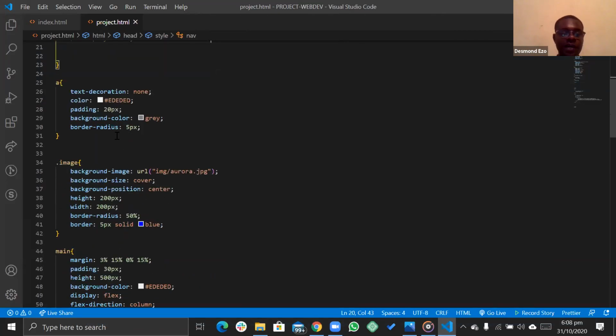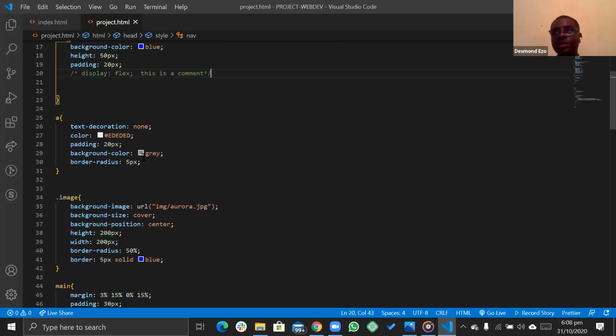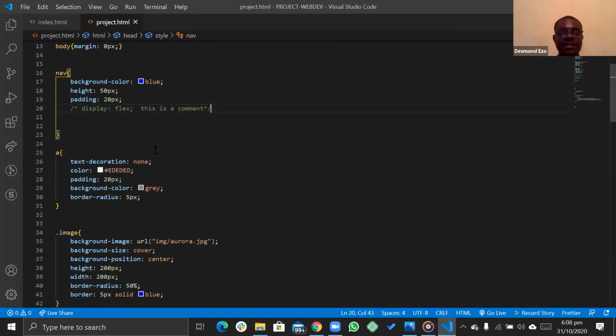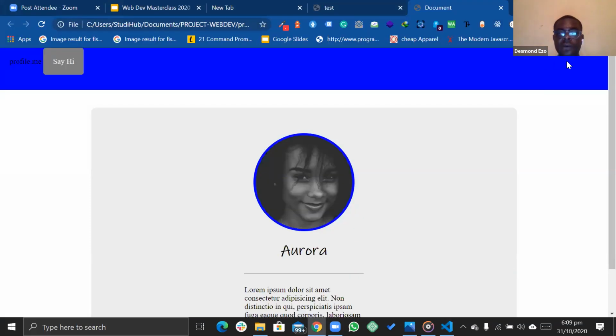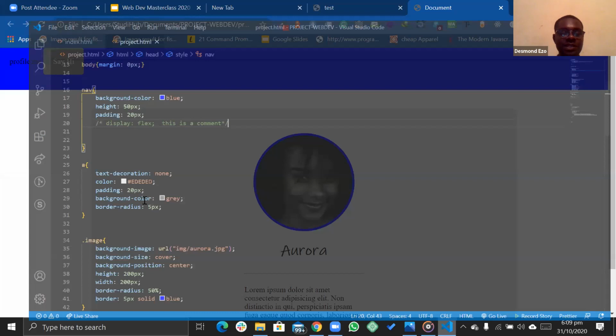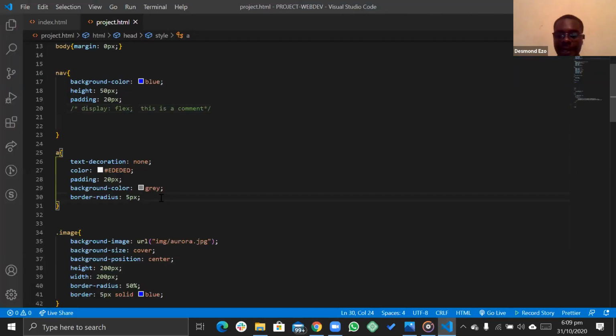There are some images that you will find online that try to describe how difficult it is to write CSS. But CSS is really easy if you understand how it works. You just always have to find your way around it. So, say hi. Now we need to move this say hi from this point to this point here. There are different ways you can do that. You can do that using a margin.